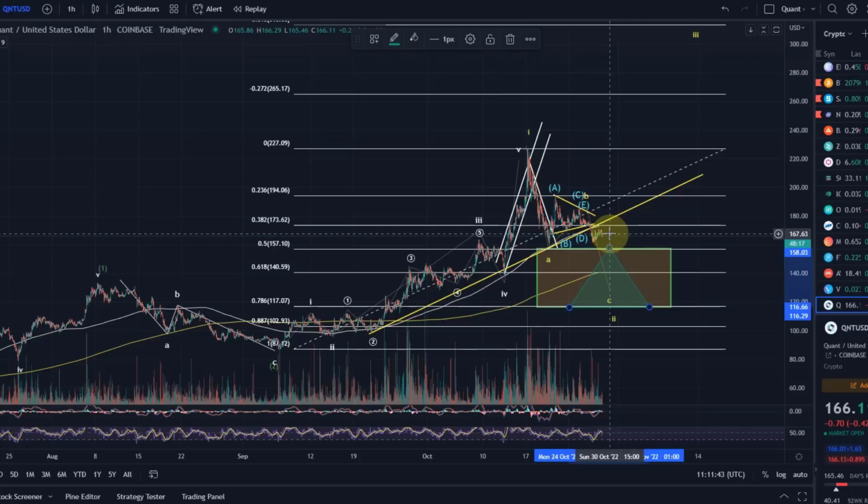The point is that if we drop below the 78.6 retracement, we probably come down quite strongly, because it would increase the invalidation possibilities of this scenario. And that is why I would normally put a stop loss somewhere below that level. And that means the bulk of the volume and the bulk of the risk sits very close to the support level. So that's normally how I trade with Elliott waves, right? And taking profits is exactly the other way around, right? So having most of the risk as close as possible to support, but having a foot in the door already at the 50% retracement. But again, there's different strategies, just the way I do it.